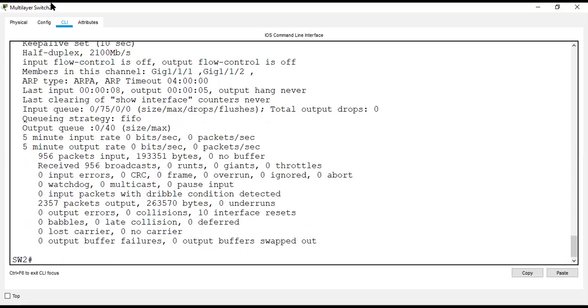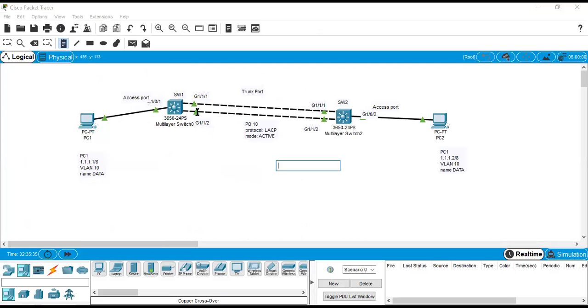Then we will look at the physical diagram. Before, it was showing one port down. The second port of the switch 1 was down because of the STP root bridge and non-root bridge. Now, when you look at the spanning tree calculation, spanning tree knows only about a single interface from switch 1 towards switch 2 and vice versa. When STP cannot identify multiple physical interfaces, it cannot make any port down. For STP, it's a single logical interface.